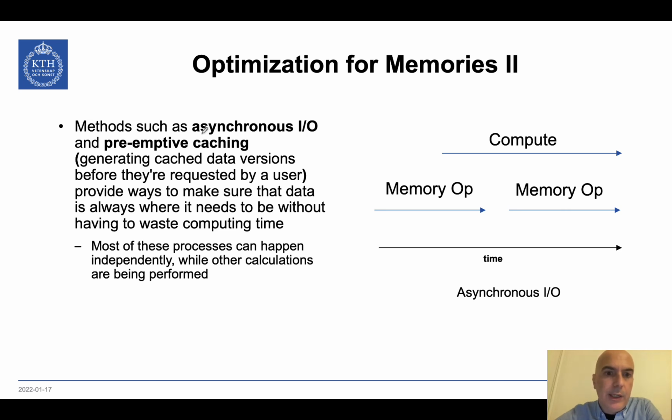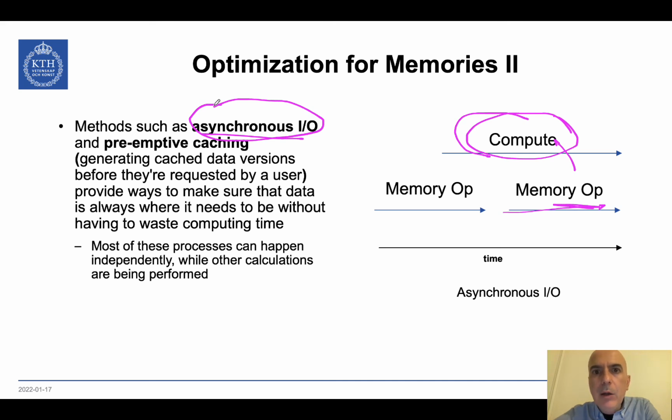One is called asynchronous I/O. That is nothing else than saying that we are trying to overlap memory operation with computation. So whenever we can overlap, for instance, we have a memory operation, we do the computation. In the meanwhile, we can do another memory operation. Of course, the compute part doesn't need this memory, so we need to be clever how to organize this memory operation. But asynchronous I/O and asynchronous data movement is a basic technique to allow to do computation and data movement